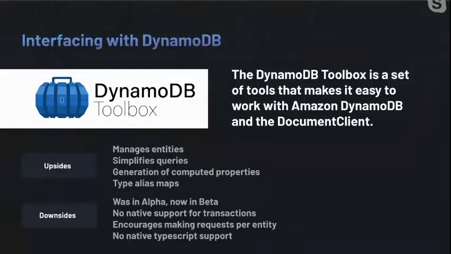Some of the upsides of using this library: it's really helpful for managing the entities and relationships between all the different things that make up our different services. It also simplifies all of our queries. It really helps with mapping those entities and creating attribute aliases for us. So we're able to have developers work with very easy to use naming structures that make sense in the architecture, while storing the data with much smaller attributes to cut down on our size in the database.